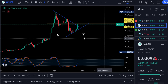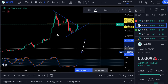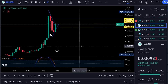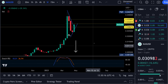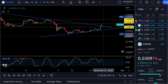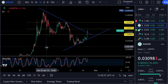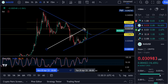All right, so this Kaspa on the daily, you can see the RSI is just turning up on that thing, which is absolutely beautiful. The weekly is almost reset. You can see it's just starting to make a curve on the blue line here. Okay, once that gets reset, this thing is showing extreme strength. Okay, that 4 hour is getting near the top. You can see that breakout of resistance here, that resistance line that we broke out of. All right, that we want to flip